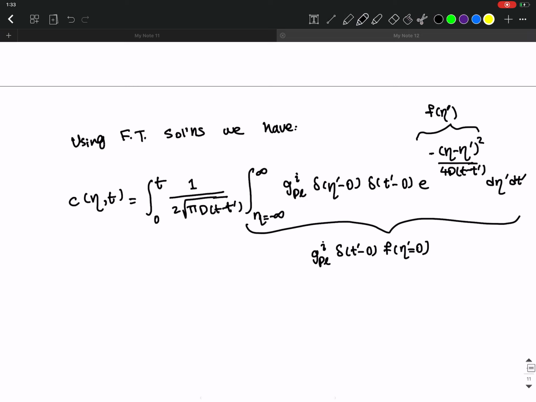So this gives me, so use the delta function property,